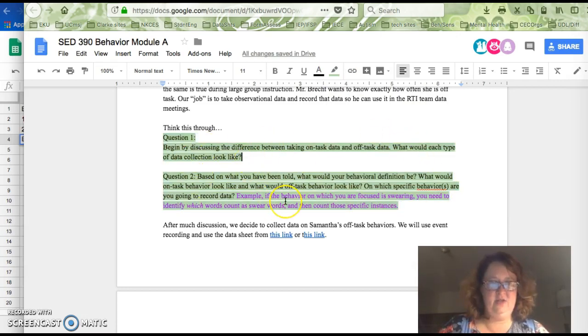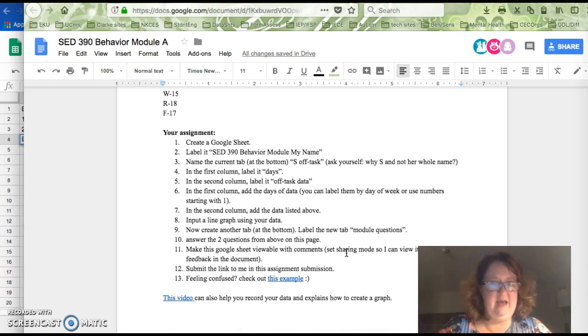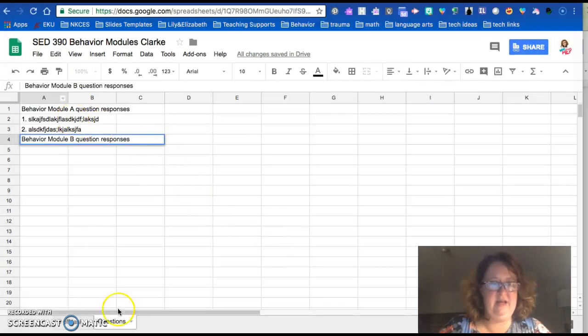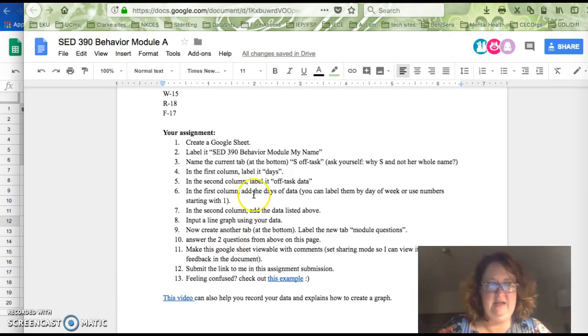So these are the questions you want to answer. And those questions you're going to answer right here on the Questions tab. The data is here on the first sheet. And you should be well on your way to having completed the directions for this assignment.